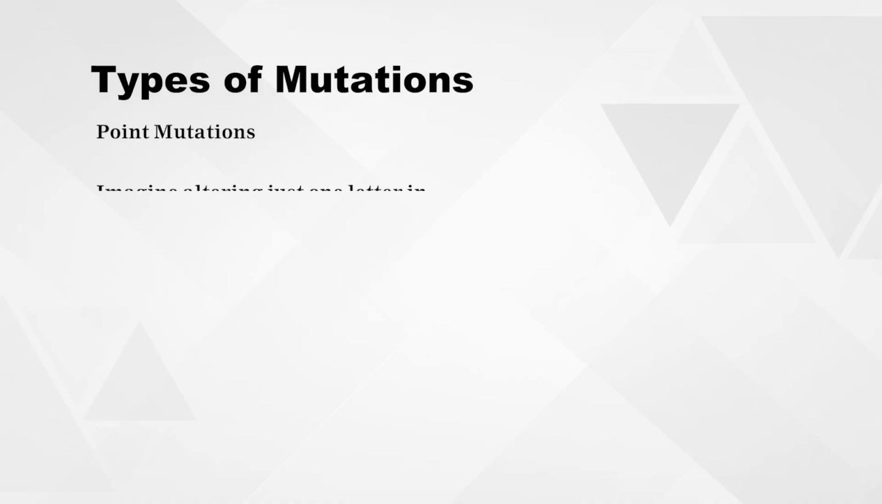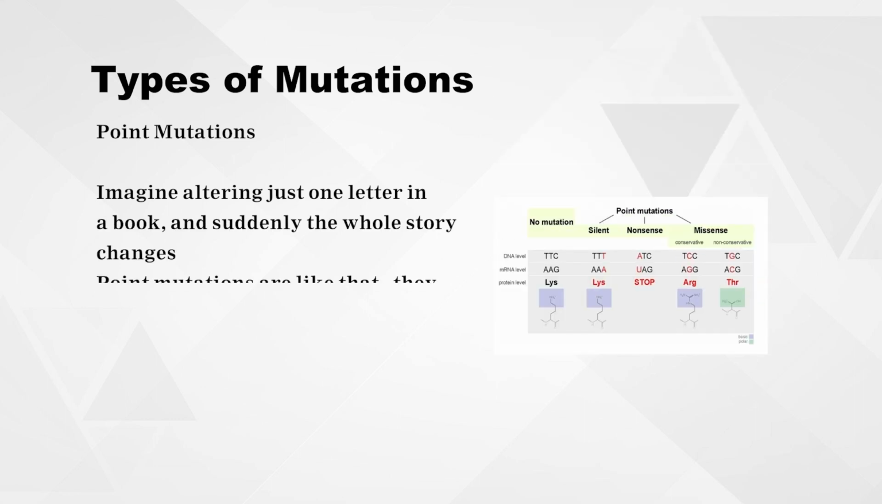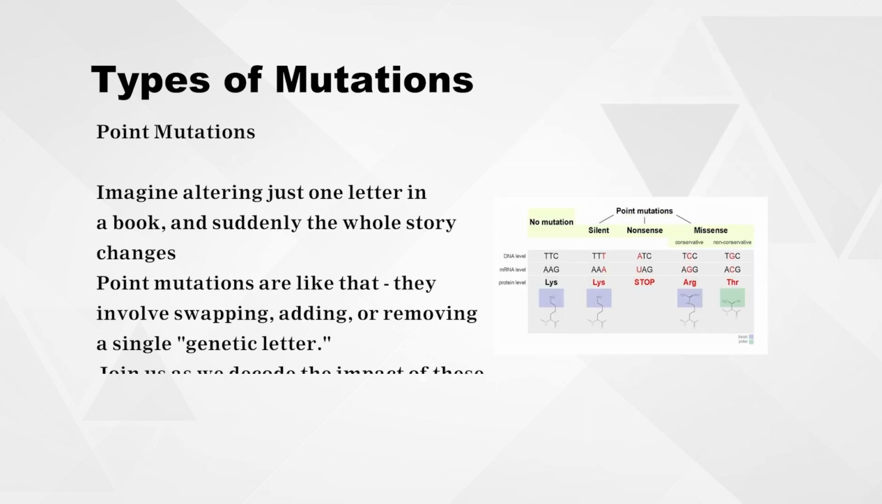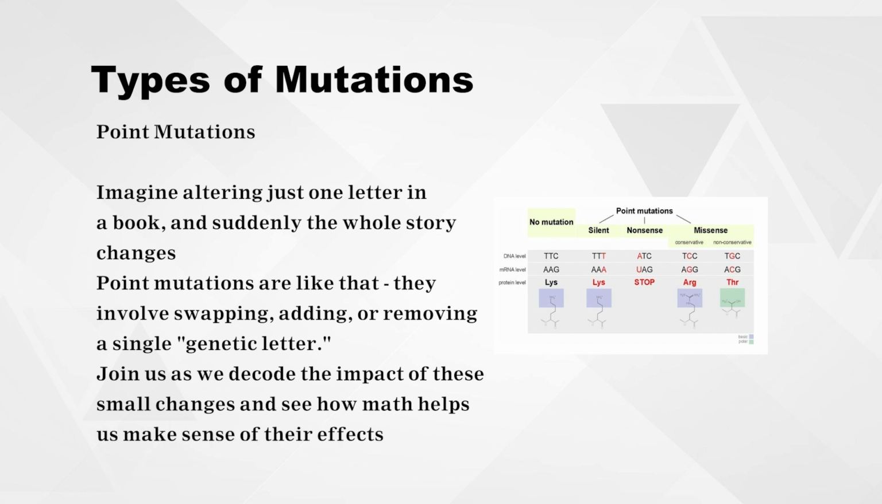Now, I will very briefly describe the types of mutations. First, all of you must have studied point mutation in your UG program. Now, let me explain what point mutations are. Imagine altering just one letter in a book and suddenly the whole story changes. Point mutations are like that. They involve swapping, adding, or removing a single genetic letter. Now, join us as we decode the impact of these small changes and see how maths helps us make sense